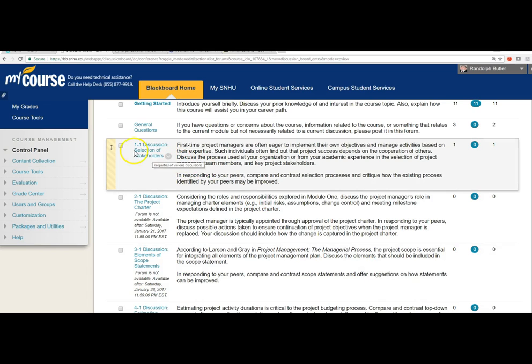Okay, going to discussion 1, which is titled The Selection of the Stakeholders, but it's really talking specifically about discussing the process used at your organization or from academic experience in the selection of project managers, team members, and key stakeholders. And this is really important when you get, and again, referring back to my past practice and what I found from other